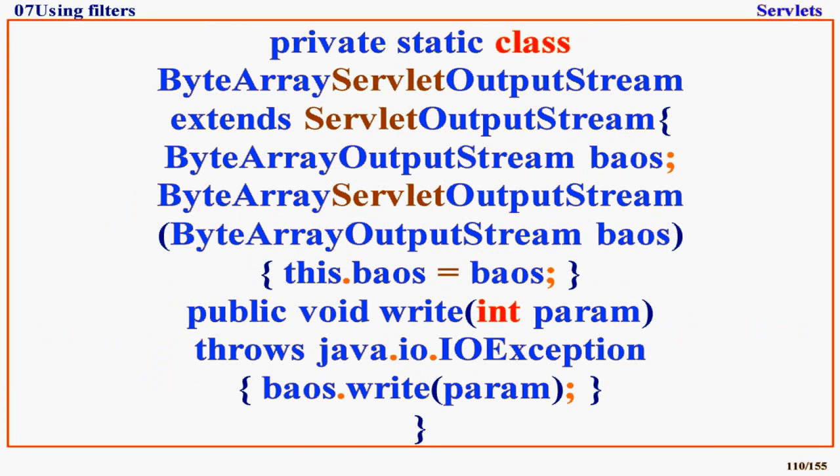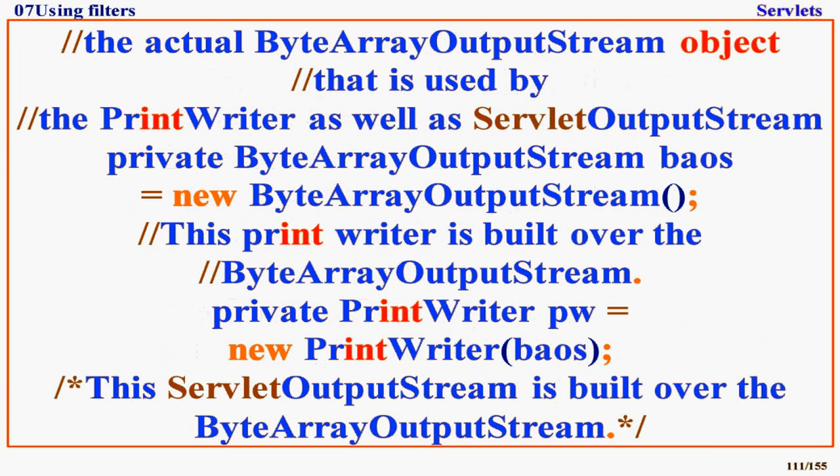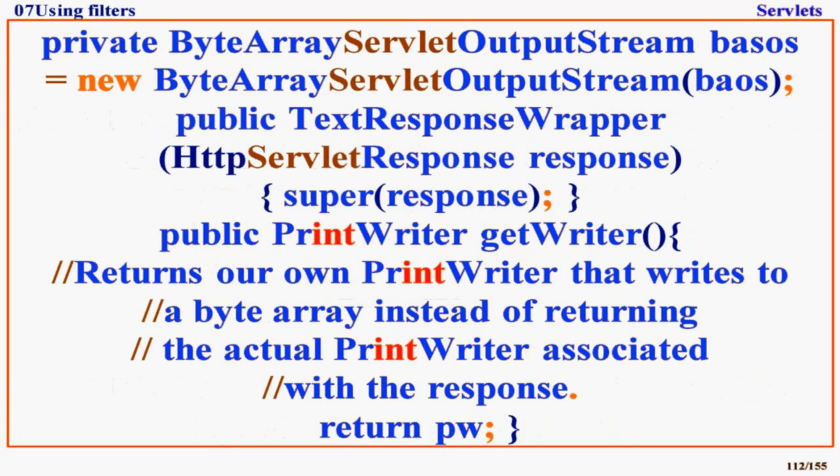ByteArrayOutputStream base; public ByteArrayServletOutputStream(ByteArrayOutputStream base) { this.base = base; } public void write(int param) throws java.io.IOException { base.write(param); } } // The actual byte array output stream object that is used by the print writer as well as servlet output stream. private ByteArrayOutputStream base = new ByteArrayOutputStream(); // This print writer is built over the byte array output stream. private PrintWriter pw = new PrintWriter(base); // This servlet output stream is built over the byte array output stream. private ByteArrayServletOutputStream bsos = new ByteArrayServletOutputStream(base);